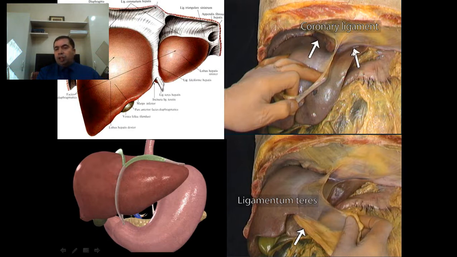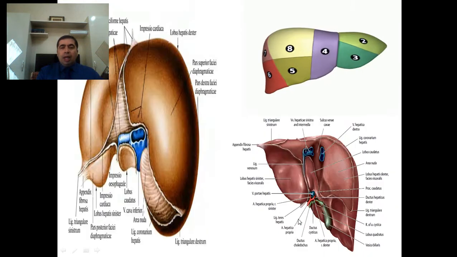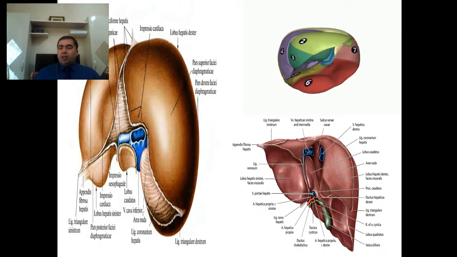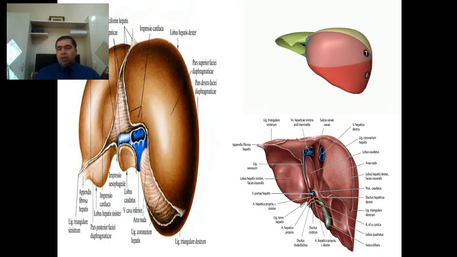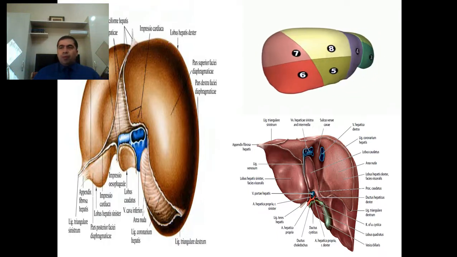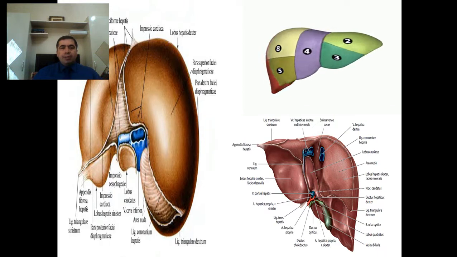On the preparation, you are also looking at the ligamentum coronarium. The ligamentum coronarium forms at the right and left angles of the liver: ligamentum triangulare hepatis dexter, ligamentum triangulare hepatis sinister. You are looking at ligamentum teres. And about the internal structure of the liver, by Couinaud, the liver consists of 2 lobes, 5 sectors, 8 segments,